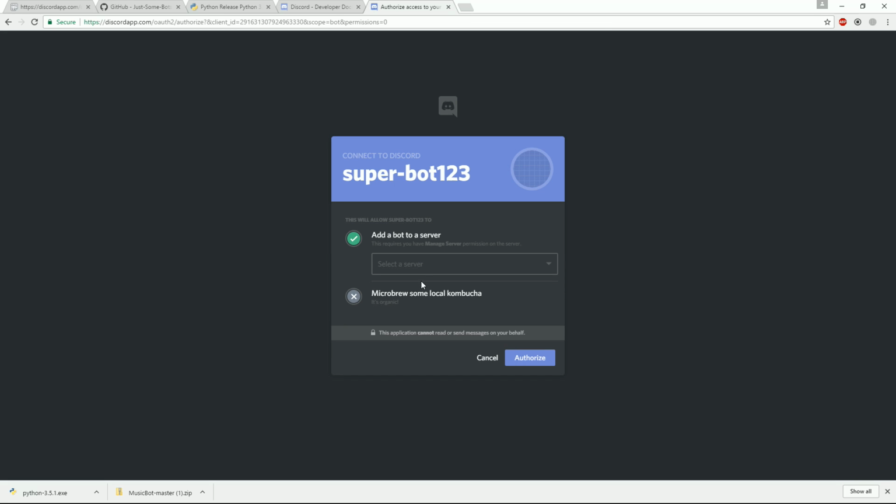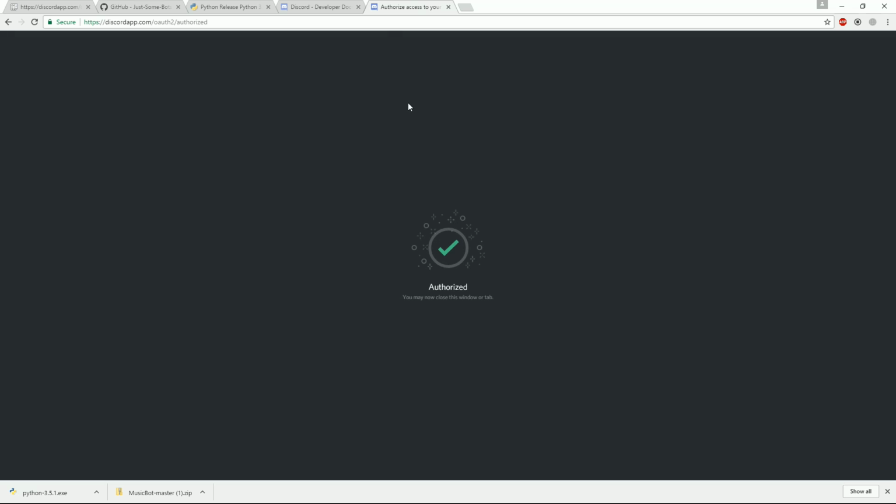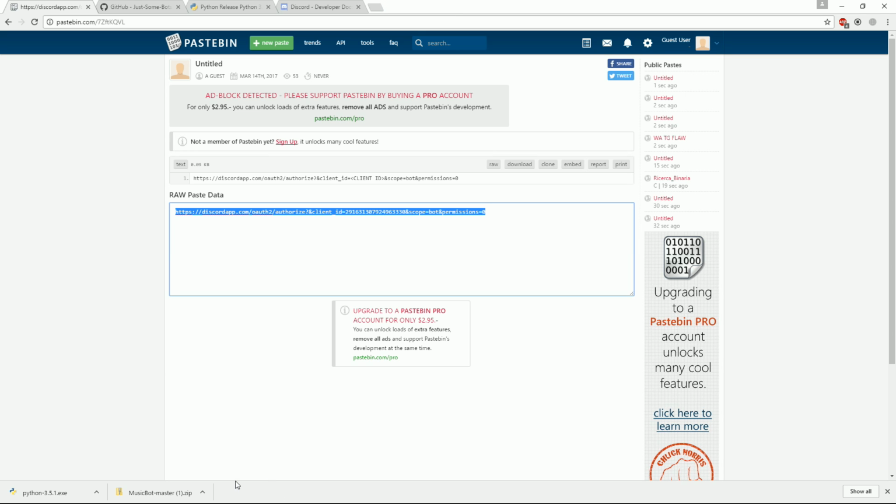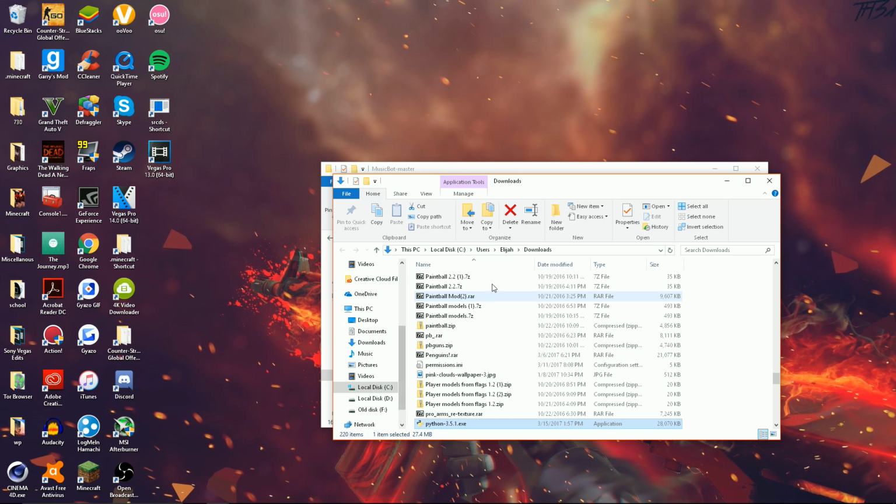Now next you're going to want to paste that into your web browser and actually go to the link, and it's going to ask to add a bot to your server. Add it to which server that you want to add it to, and then click on authorize. So once it's authorized, next you're going to want to go back to your music bot folder, which is right over here,